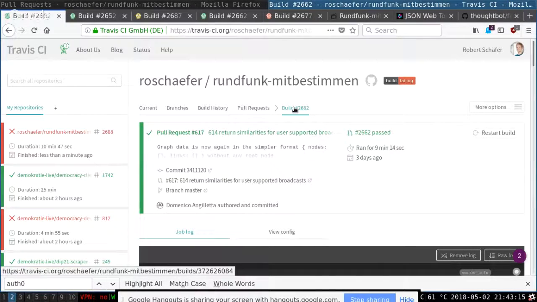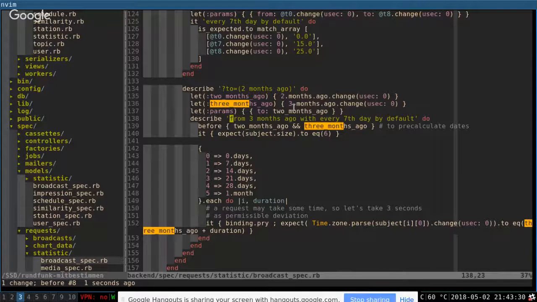I guess that's the reason why. If we tell Travis to restart the test on the old commit, it will fail now. I'm pretty sure. I'm just trying to understand why this is a problem, because it should not depend on the month, obviously.